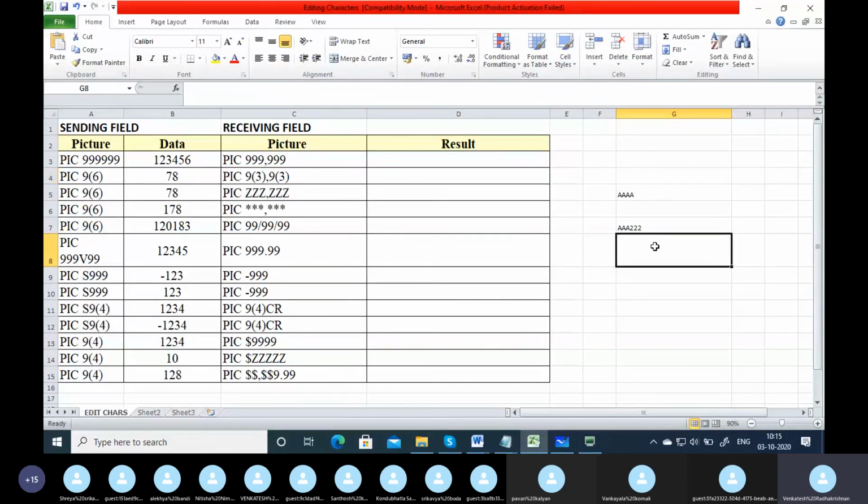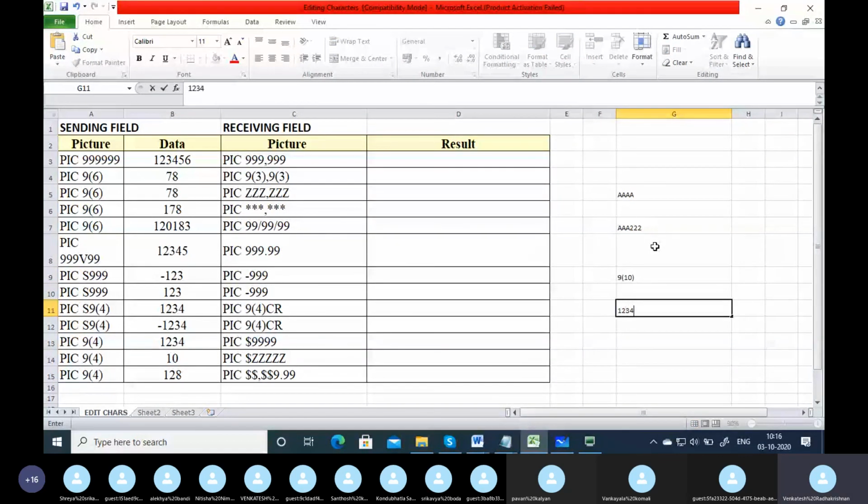And if you are storing a number, for example 9 of 10, storing 1, 2, 3, 4, 5, by default in software technology it is going to be right justified. It is going to move to the right and fill with leading zeros. But zeros are space suppressed, that's why they are not shown. It will be like this when it is storing, but on the right hand side.